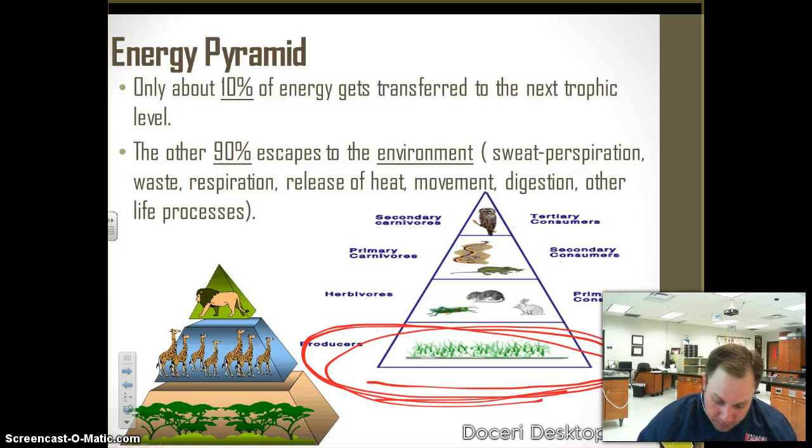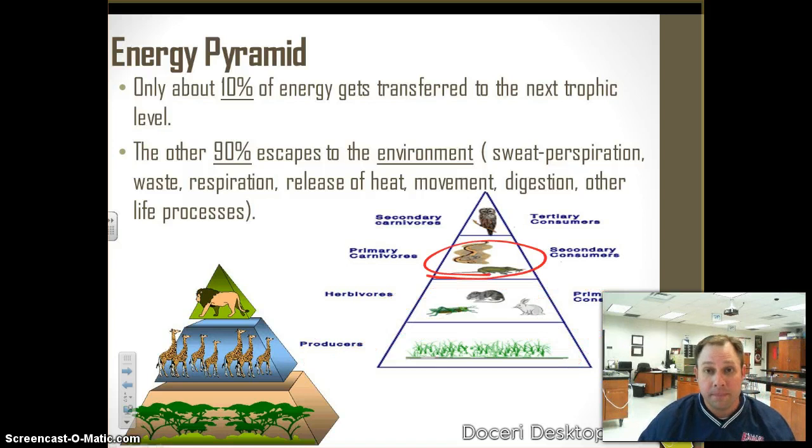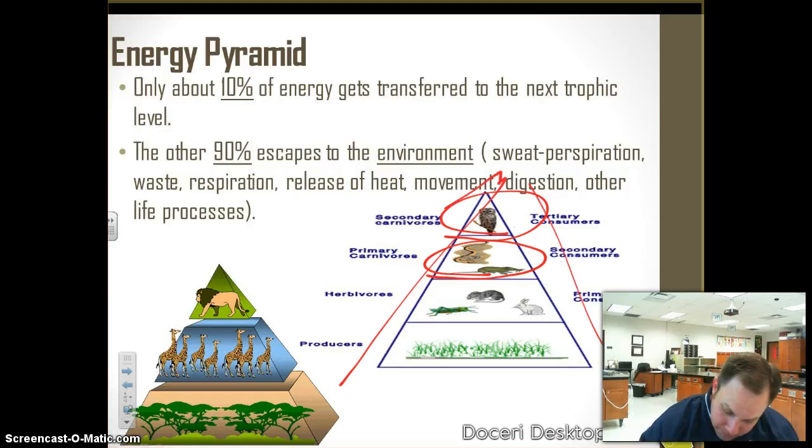Now, as we go up, we go to the next level, our primary consumer level, our herbivores. You'll notice that this level is smaller than the bottom level. The second level up is smaller. Why is it smaller? Because there is less energy, and also because there are fewer organisms. There are fewer organisms in the primary consumer level than in the producer level. And then as we continue up to the secondary consumer level, it's even smaller because it has fewer organisms, less energy. And then we get to the top level, tertiary consumers, it's the smallest, the fewest number of organisms, the least amount of energy. So as we go up the energy pyramid, the levels get from big to smaller to smaller to smallest